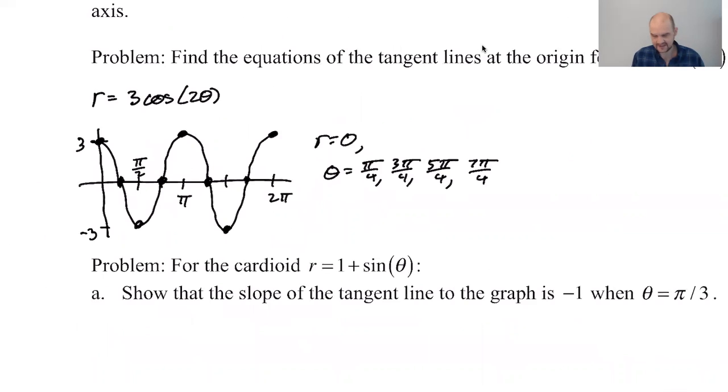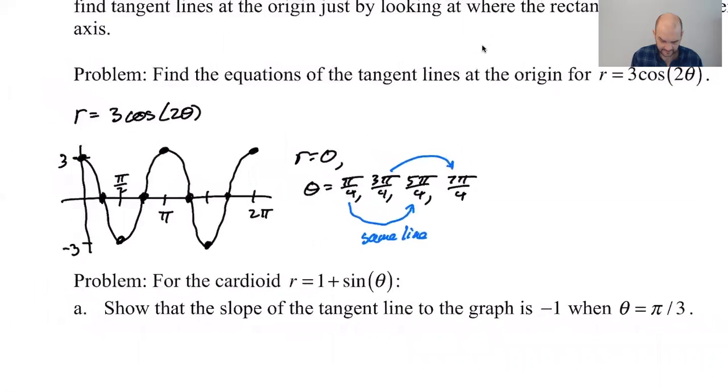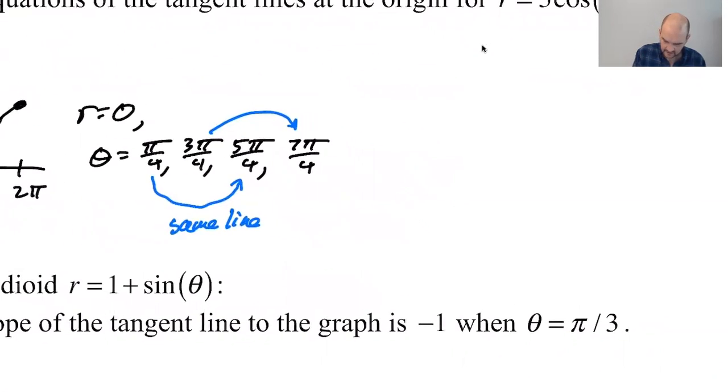Now, a sort of interesting thing is happening here, though. So think about your polar curves. When you plot theta equals pi over 4 and theta equals 5 pi over 4, these are really the same line. They're the same radial line if you allow them to have positive and negative r values. And then the same is true here, 3 pi over 4 and 7 pi over 4, the same radial line if you allow that. So the polar tangent lines,